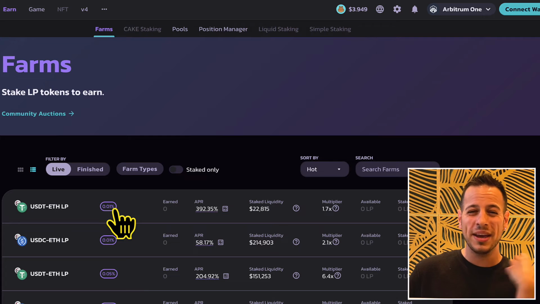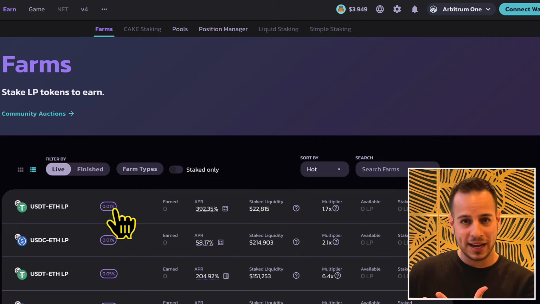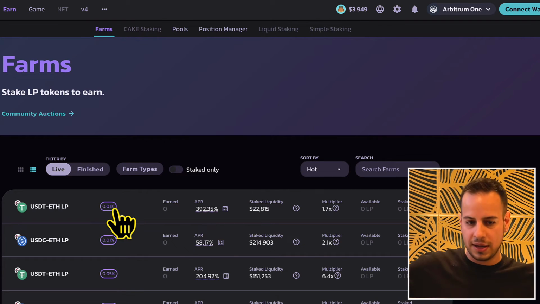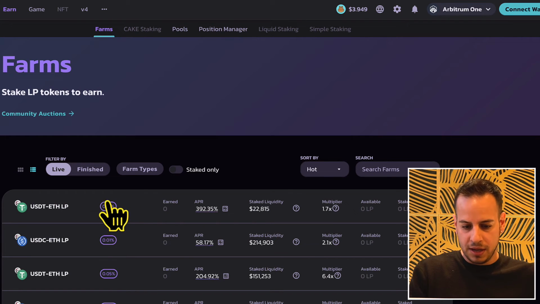And yeah, I just wanted to share with you this strategy, how I'm approaching DeFi these days, how I'm making money with my money, how my capital is printing more capital that is allowing me to live this lifestyle and pay for rent and pay for expenses and everything. And this is completely incredible.